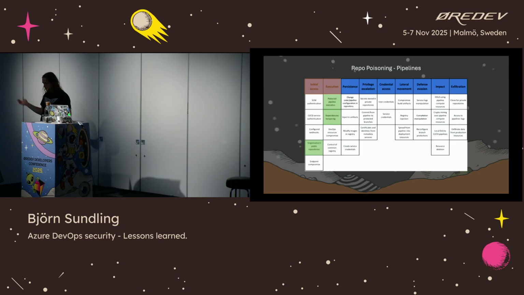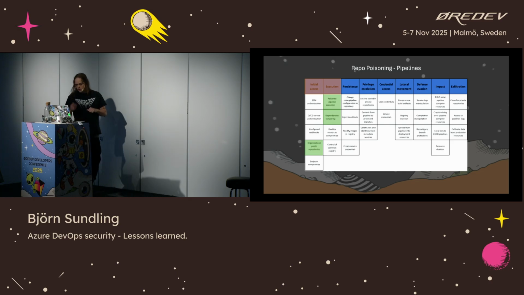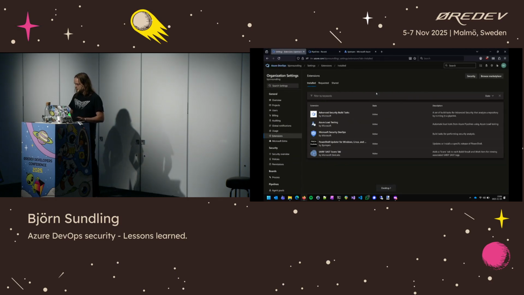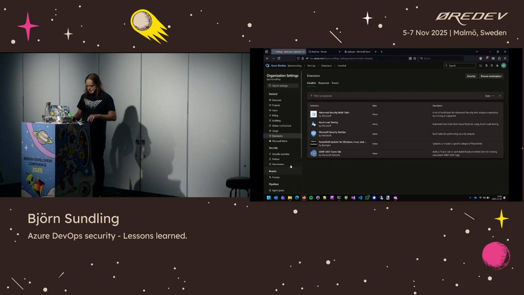How many of you are using Azure DevOps pipelines? A good deal of you. Have you set up your security properly? Access to stuff? Okay, we're going to look at